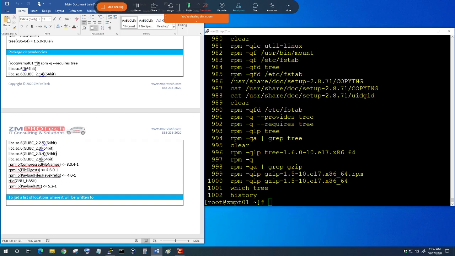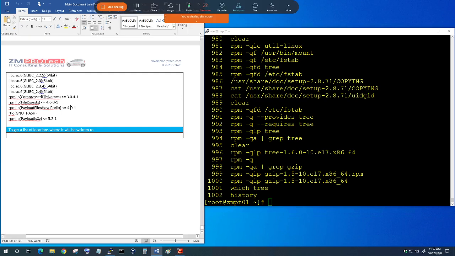Okay, so the next item here is, before you install, you could find out where this is going to write. So where it will be unloading the package files here. So what you have to do is rpm hyphen qa